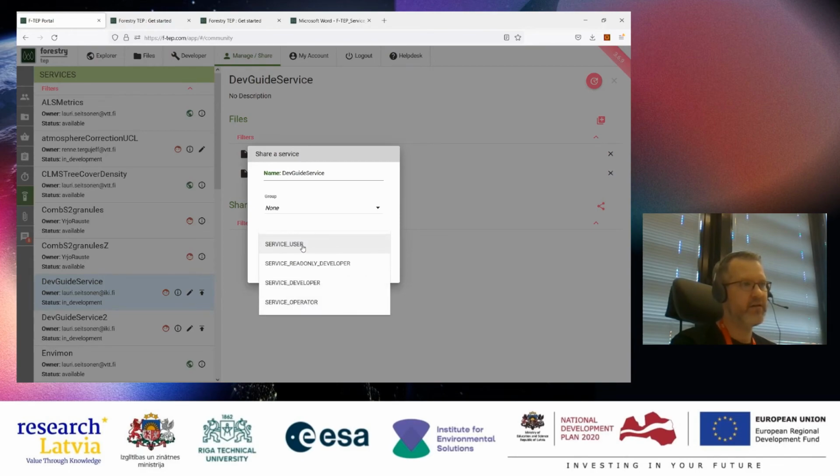And you can define whether the label is service user, so the other people can just use the service, or service read-only developer, where they can see the source code for the service. As a service developer, they can actually modify the code, and the service operator is the administrator-level access to the service.